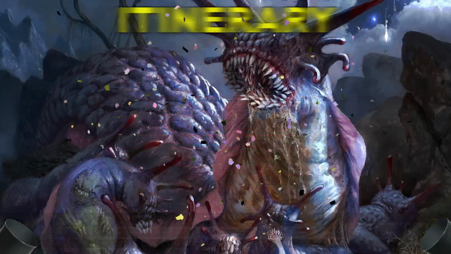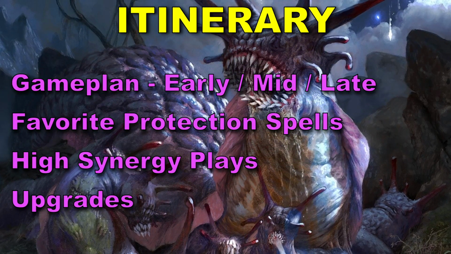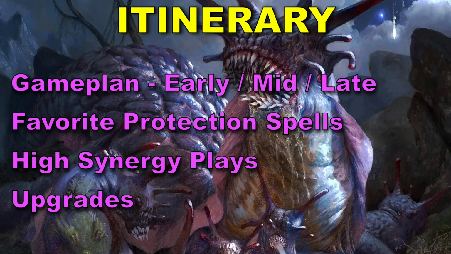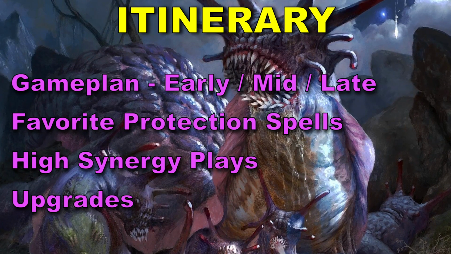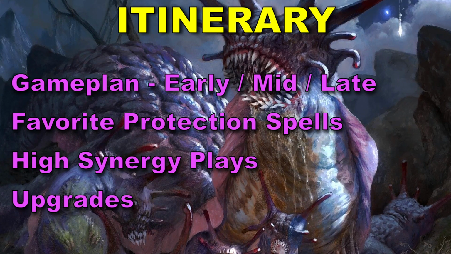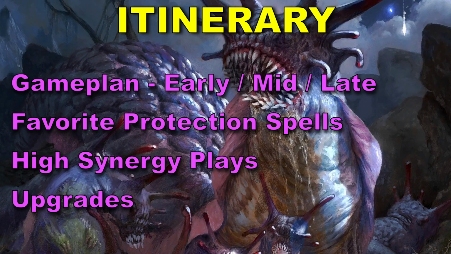Here's the breakdown of how I'll go through my approach of Toxrill: first my game plan overview for the power level that I built it at, then I'll share my favorite protection spells that I have for Toxrill, other ways to protect the Slug Lord, and then how to approach the mid and late game, and the rest of the cards in the deck. Then I'll end with cards I wish I had for the deck, or upgrades I'm looking to procure from, let's say,